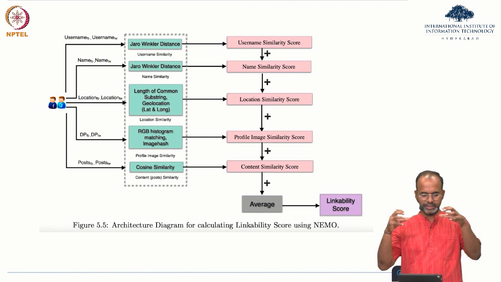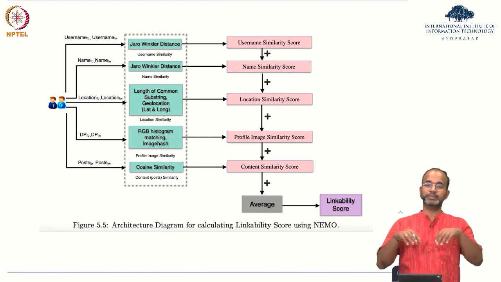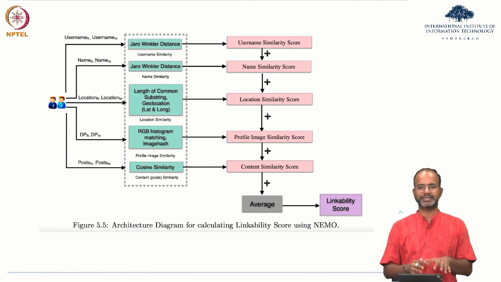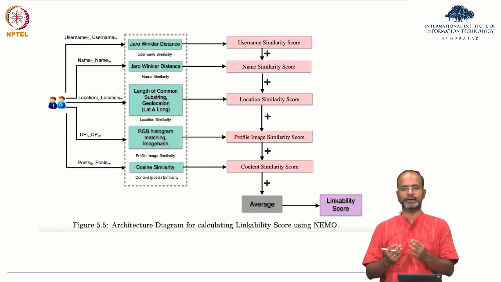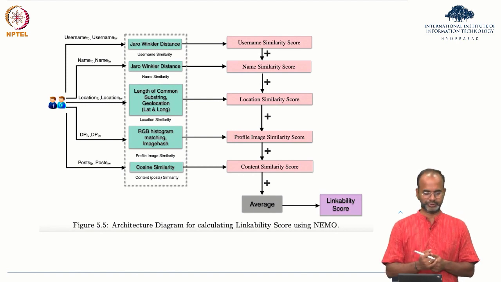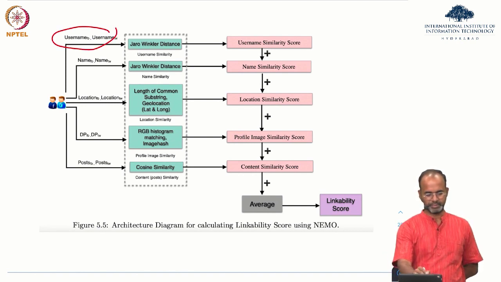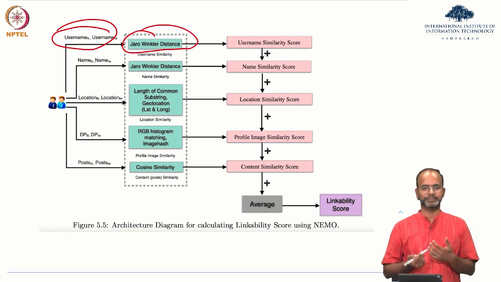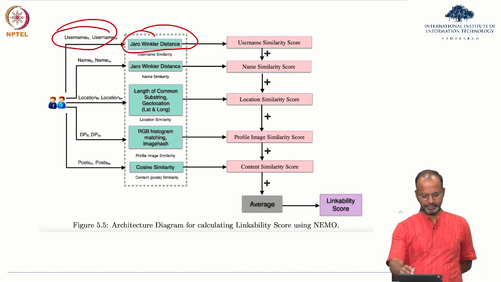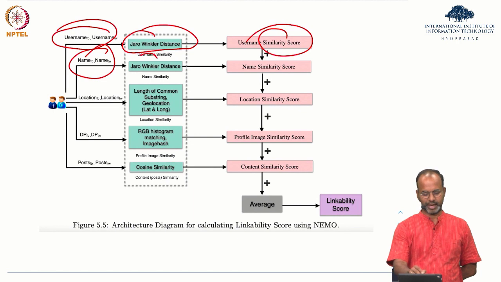So now let's delve slightly into detail about the linkability score itself, right? It's just representing the same content, or features, that we have already spoken about. It gives you a few metrics you can use, given the input of the features. So if two usernames are given, you can compute a Jaro-Winkler distance, simply an edit distance between the two users, and get a similarity score. Then the name of the two, again a distance metric and a score.